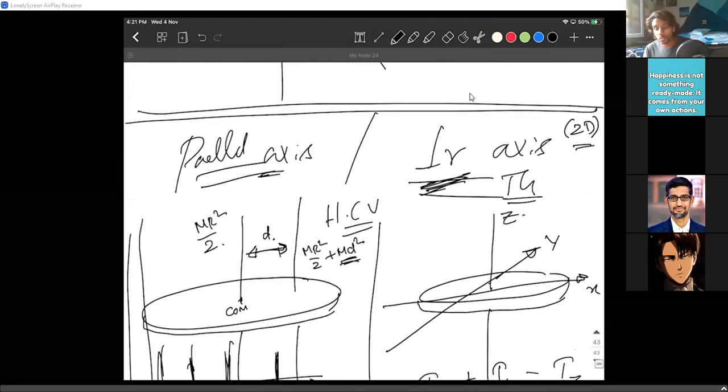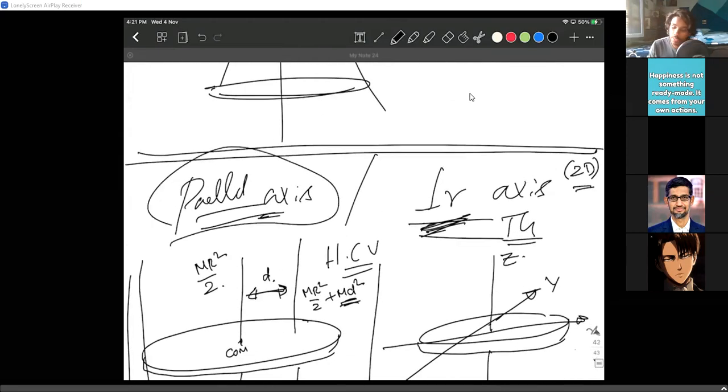So tomorrow we are going to use these two theorems and do a lot of stunts, a lot of fun stuff, and find the moment of inertia of a lot of bodies in different angles. We are going to do that. So get ready for that in tomorrow's class. I think it's good enough for today. Before I end the class, any doubts regarding just today's class? I suggest you watch the class again because we discussed a lot of things today.